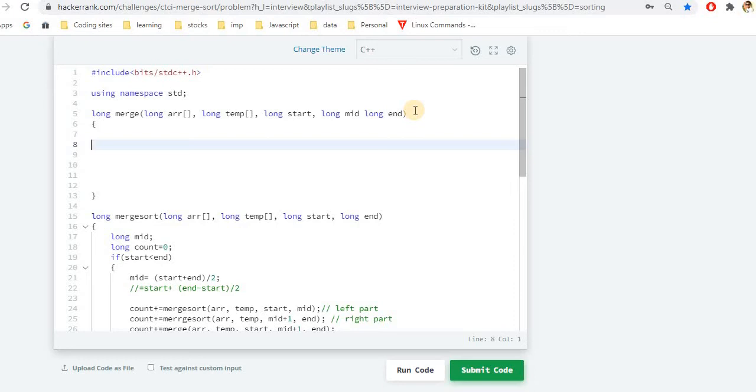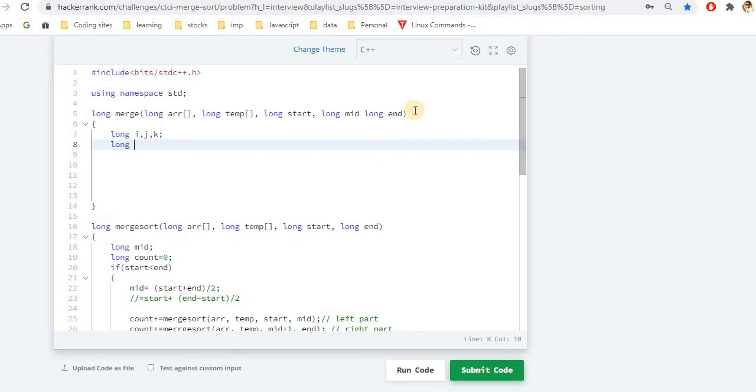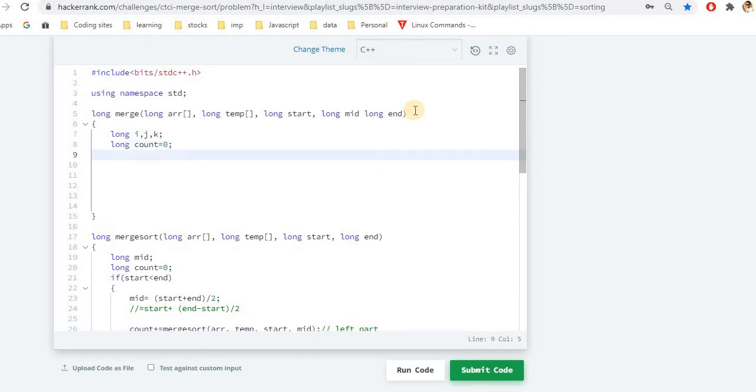So in order to do that, we first need an iterator. So let me initialize some variables. Let's say i, j and k are good. We'll be needing a count again, because we are counting inversions here. So I think this is good. I'll initialize i with the left value or the start value.